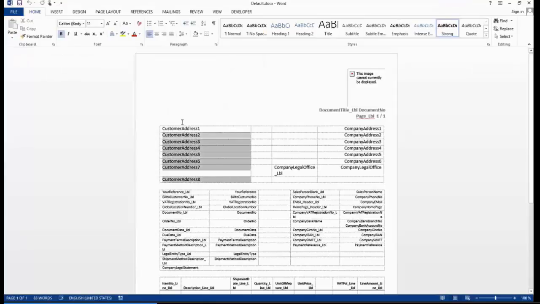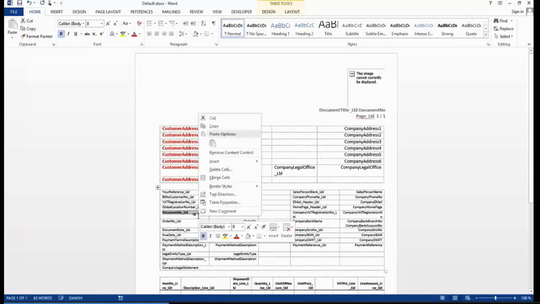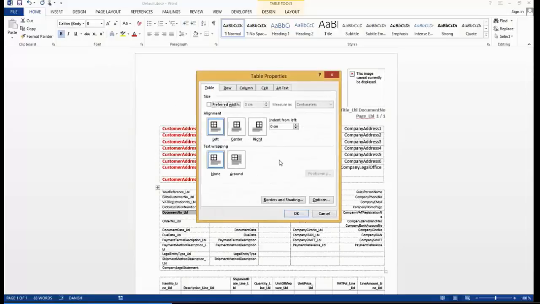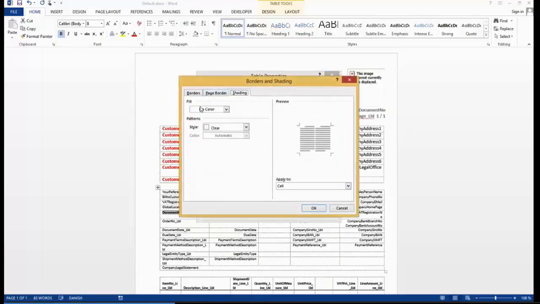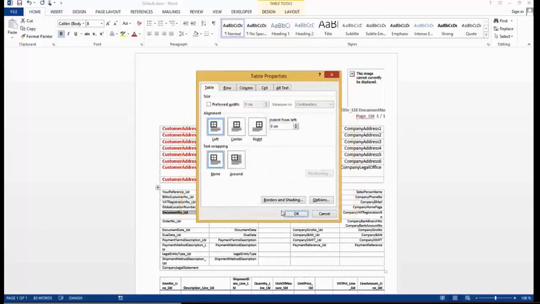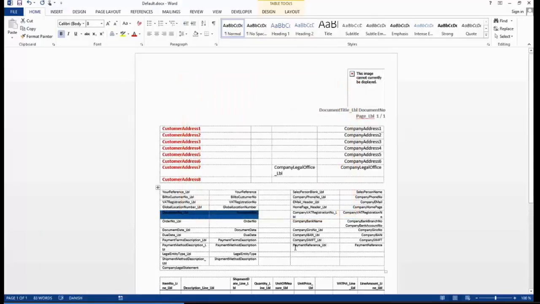I really like to have my customer address. I would like to have it red, and I like to have it bold. I'd like to have the document number here. I would like to have that bold as well, so let's bold this. I also like to have, in this case here, let's try to do something a bit different. Let's make a shading, and we put a background color, and let's make it blue. And we'll go down here and say OK, and then I delete. Let's delete this field here. I don't want to have that in my report, so delete.